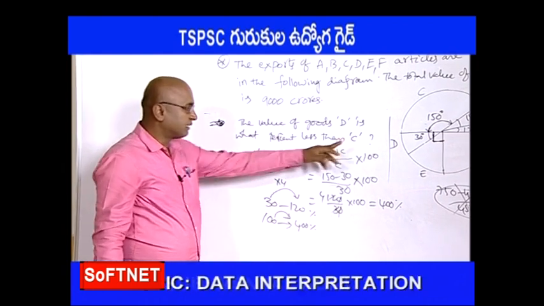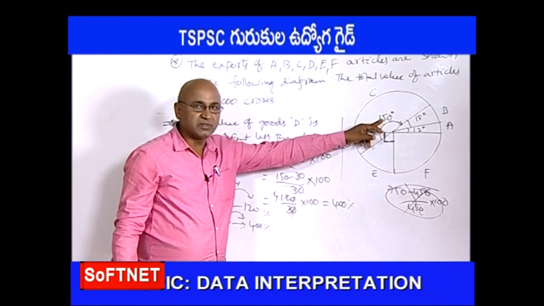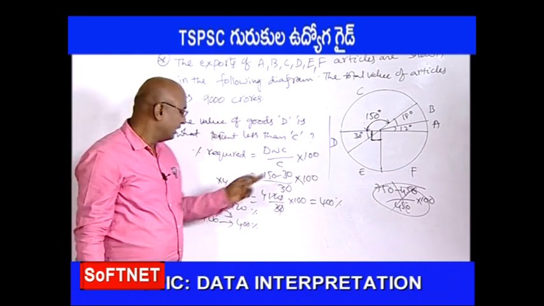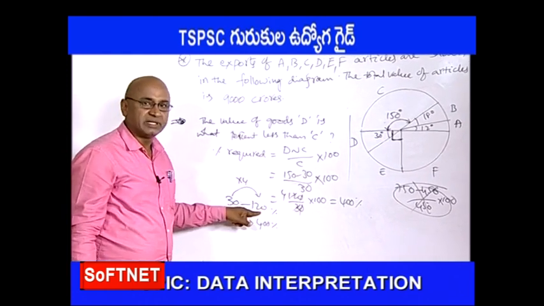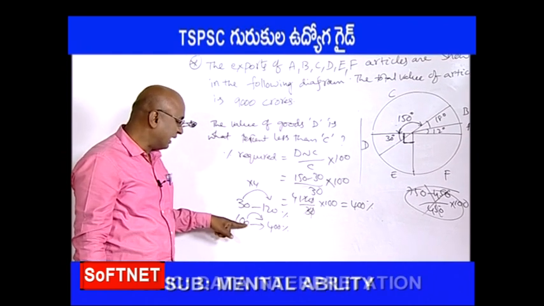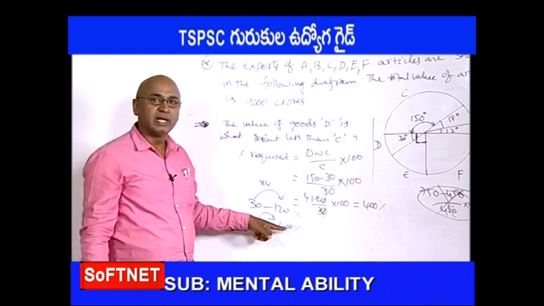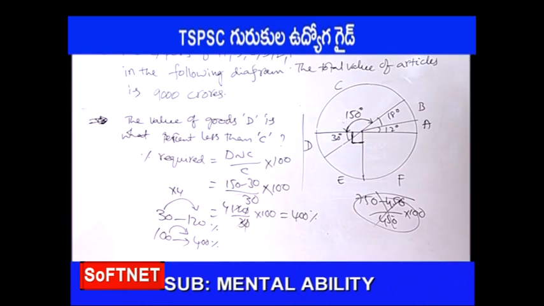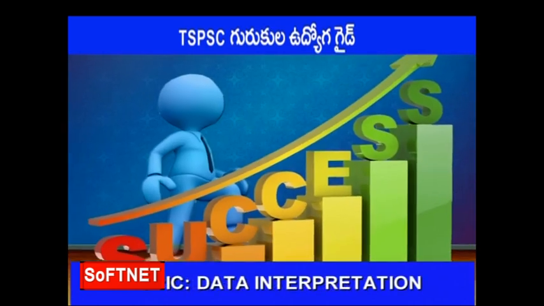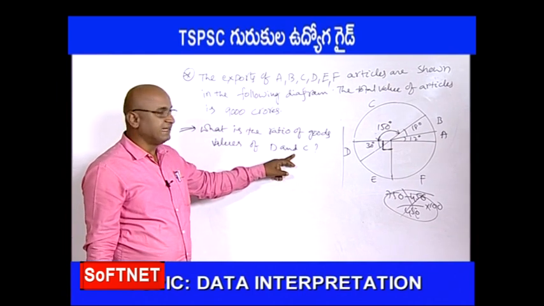కరెక్ట్? సో 30కి 150 డిఫరెన్స్ 120. ఓకేనా? 30కి 4 times 120 ఉంది. మనకు పర్సంటేజ్ కావాలి కాబట్టి 100కి 100%కి ఎంత అంటే 30 into 4 అయినప్పుడు ఇది కూడా 100 into 4, దట్ ఈస్ ఈక్వల్ టు 400%. నెక్స్ట్ ప్రాబ్లం. వాట్ ఈస్ ద రేషియో ఆఫ్ గూడ్స్ వాల్యూస్ ఆఫ్ D అండ్ C?